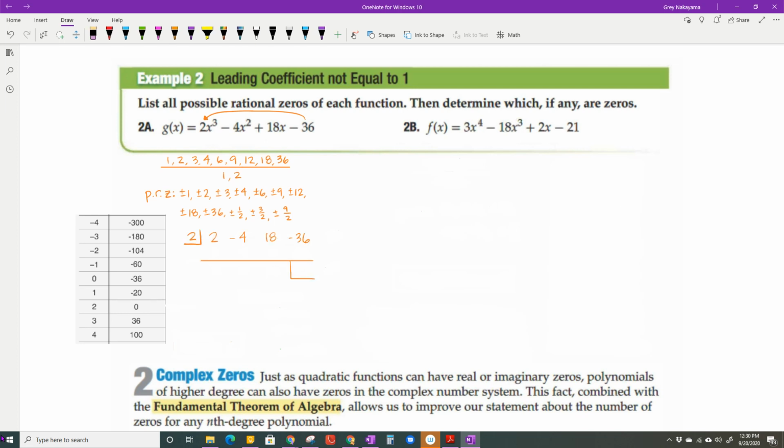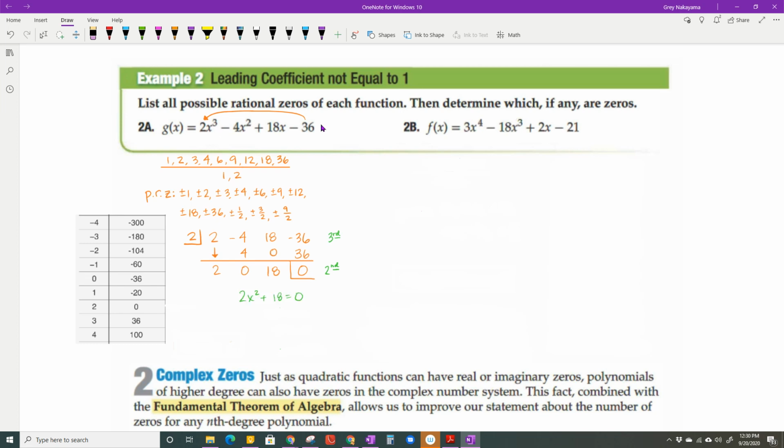And I'm going to write my coefficients and double check: 3, 2, 1, 0. I don't need a 0 placeholder. I know it's a 0, so I'm going to put my 0 here first and know that that has to be 36 when I get there. So bring down my 2. 2 times 2 is 4. -4 and 4 is 0. 2 times 0 is 0. 18 plus 0 is 18. And 2 times 18 is positive 36. So I'm good. Okay. And this is my 3rd degree, so this is my 2nd degree,